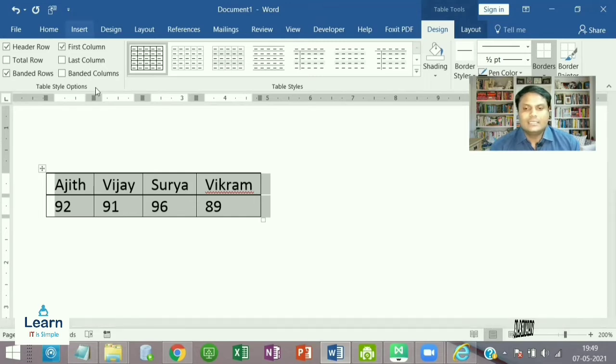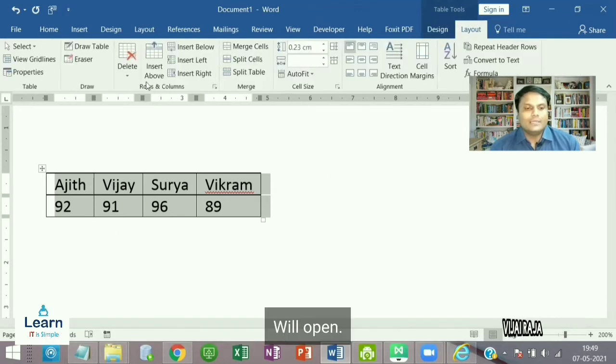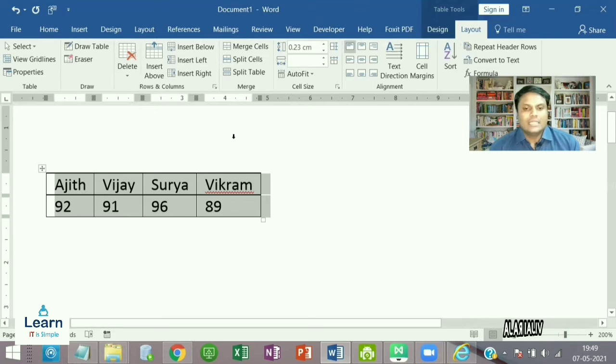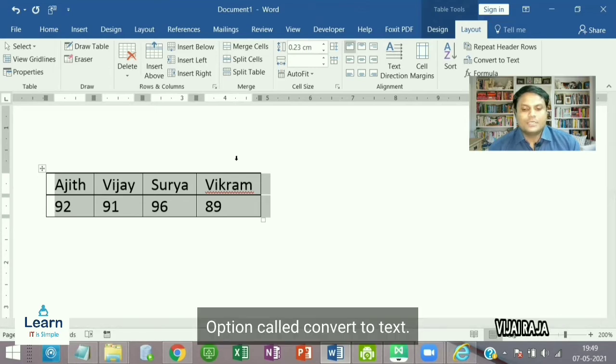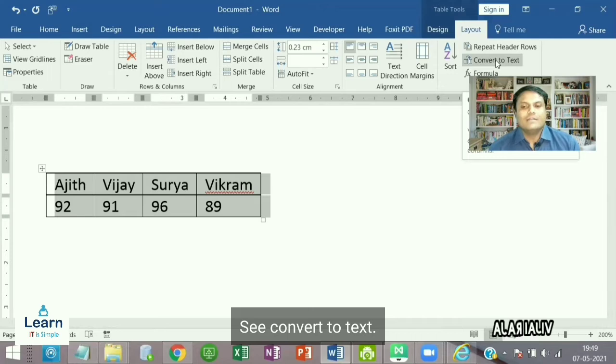When you select this table, the layout option will open. There you find an option called convert to text.